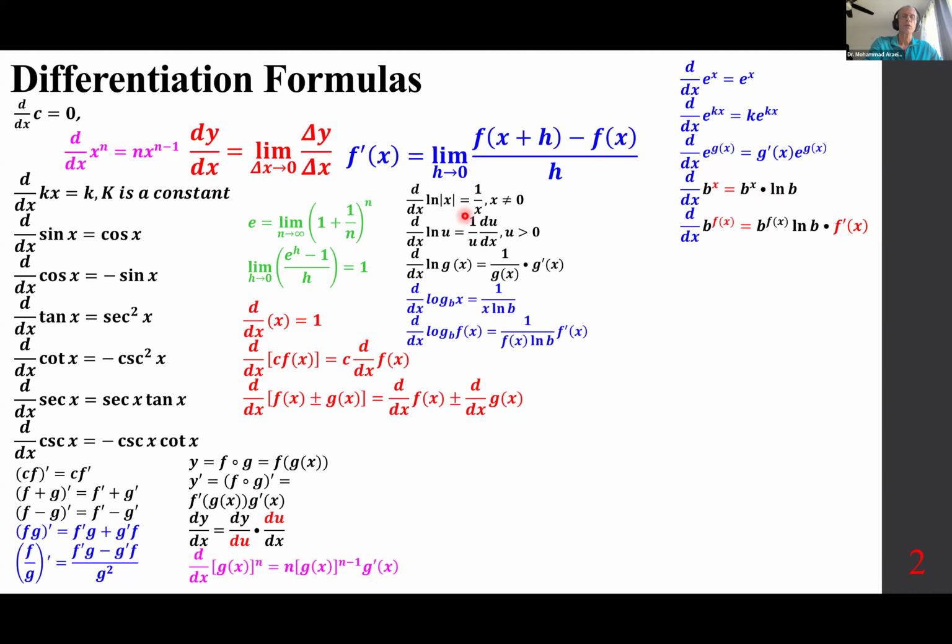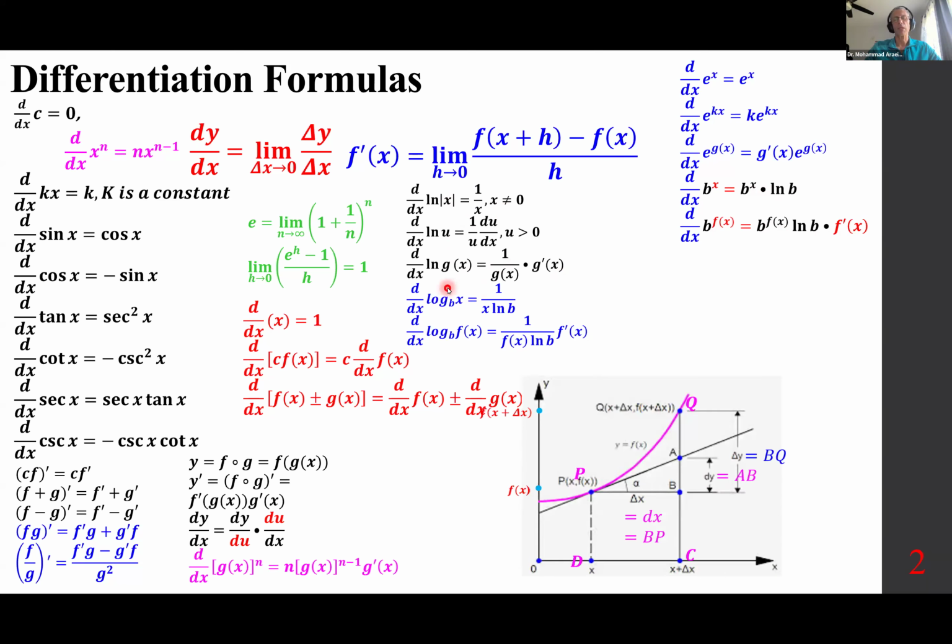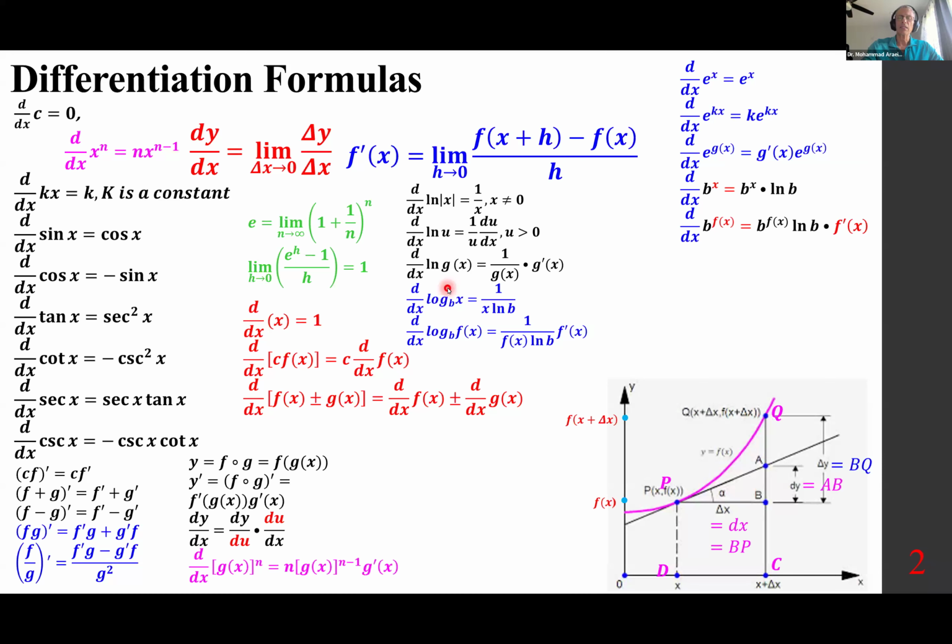Logs: if you want to take the derivative of logs, you just write the reciprocal of its argument. So if it's g of x, 1 over g of x times g prime of x when you have natural log. As we look at the graph of y equals f of x and points P and Q are connected,